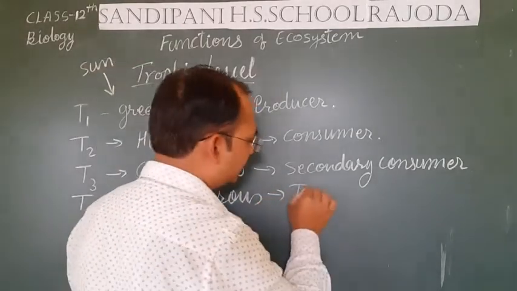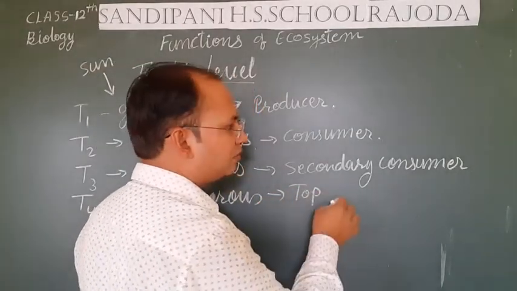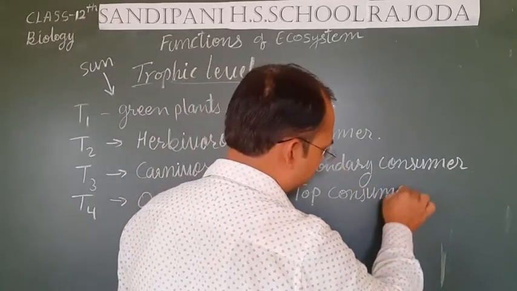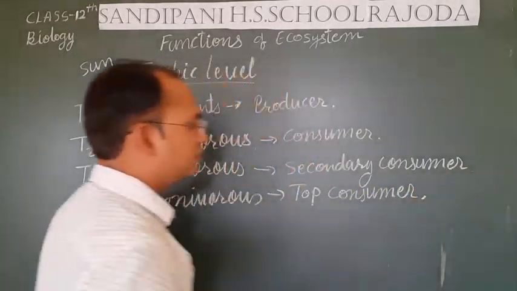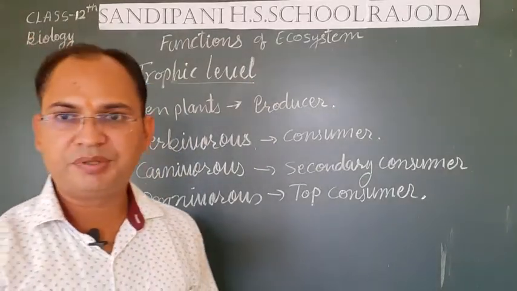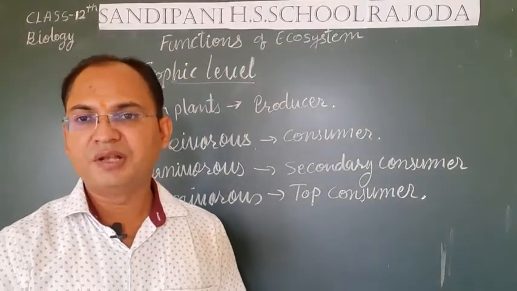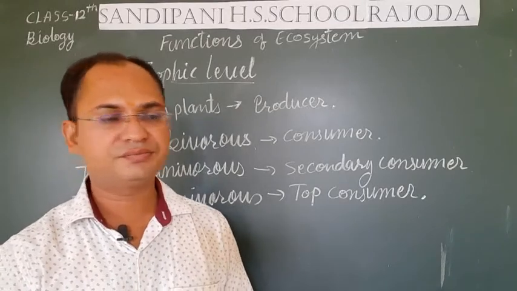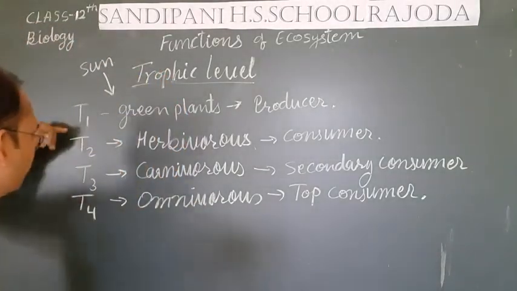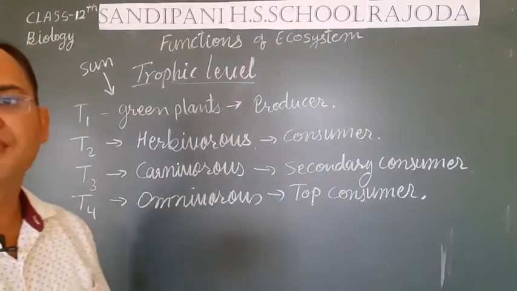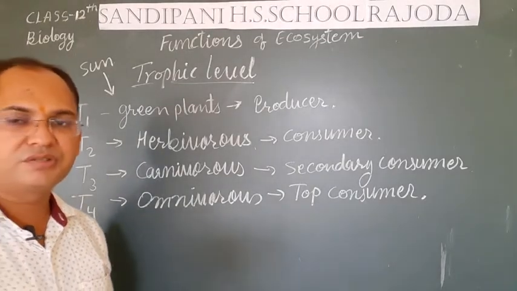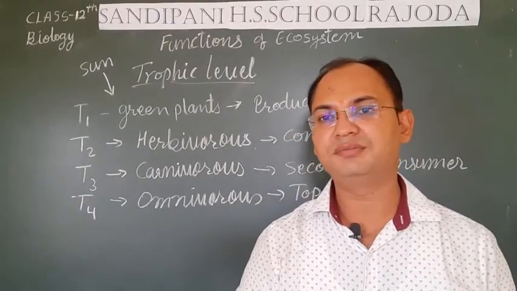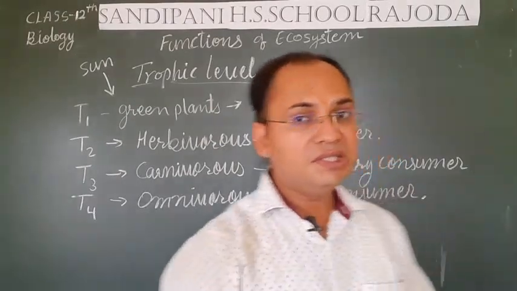Omnivores, or we can say top consumers, just like lion, leopard, etc., which eat only the flesh of other animals. These are the main four trophic levels in an ecosystem. But students, there is also another trophic level found which eats all these